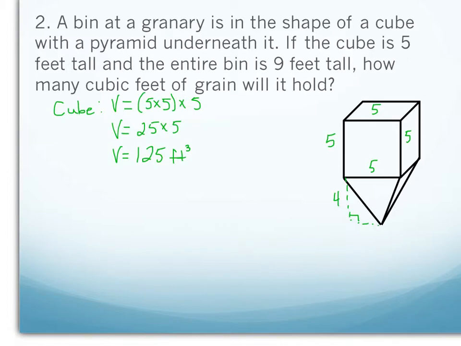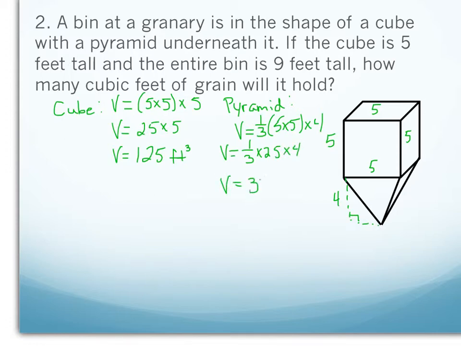Then the volume of the pyramid: volume equals 1/3 times the base, which is 5 times 5, because it has a square base, times the height, which is 4. So volume equals 1/3 times 25 times 4,